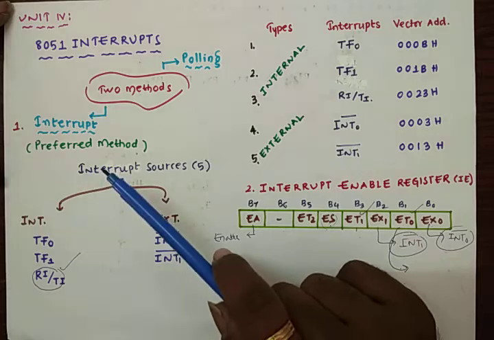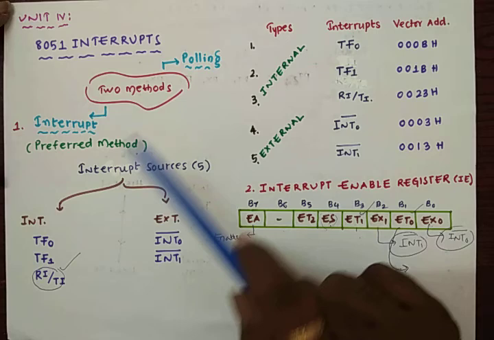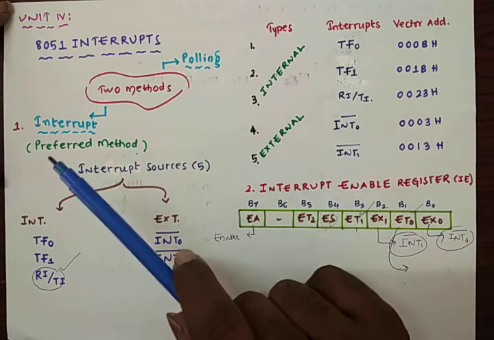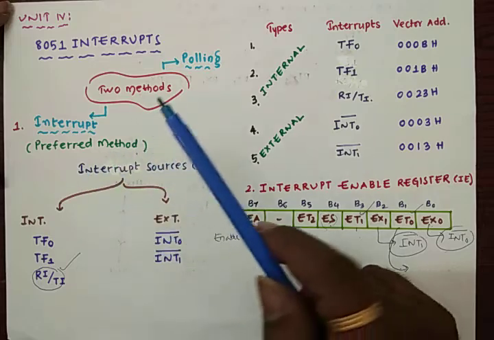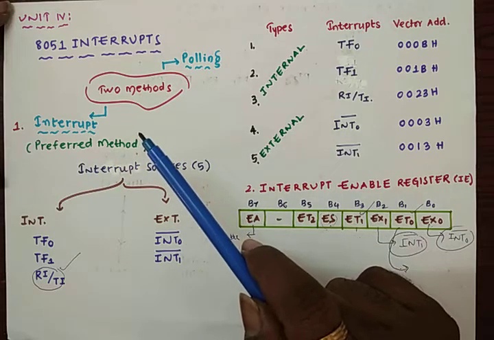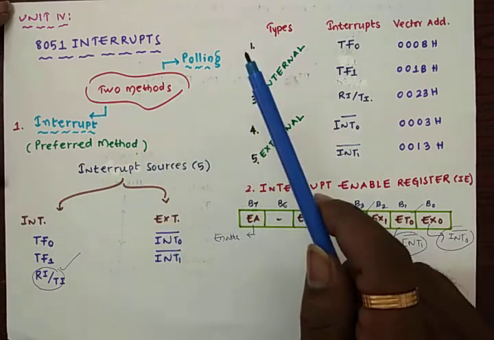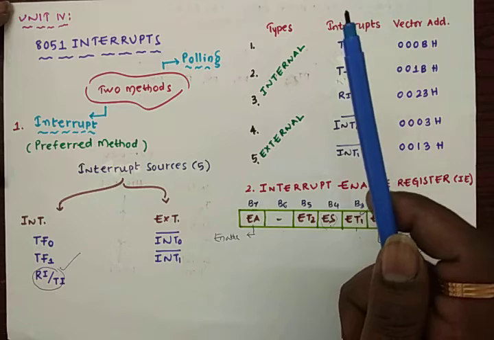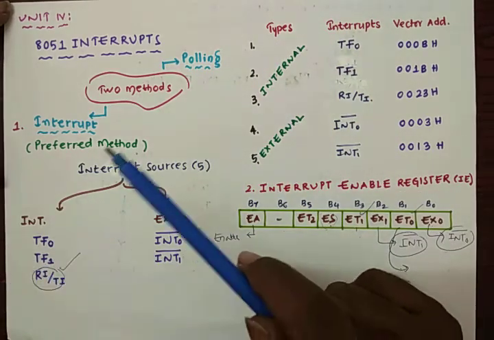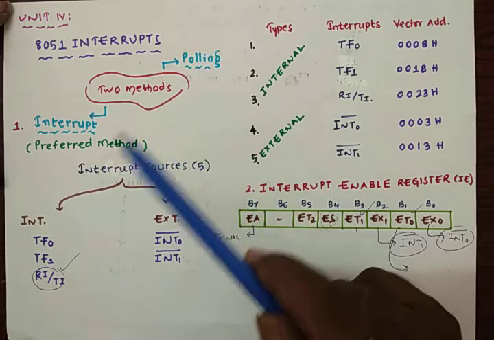In the interrupt method, the 8051 gets an interrupt signal from external devices or from internal ports, so it stops the current execution, saves that particular program, and after that serves that particular internal or external